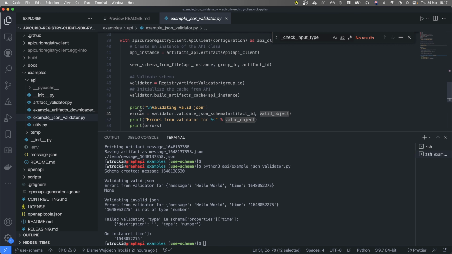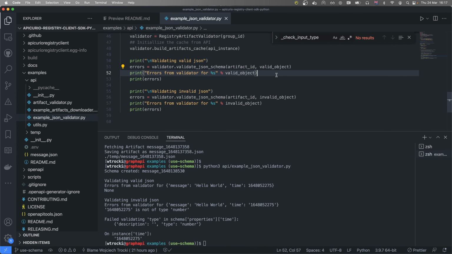So this simple API allows us to perform a number of validations. So here we're actually doing the validation for a single object, and then we have